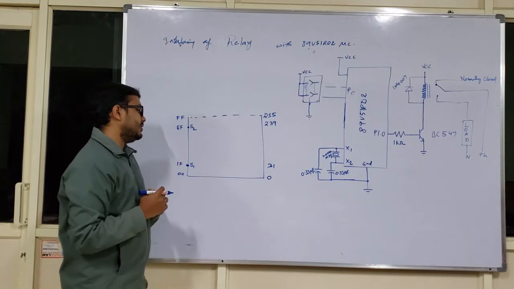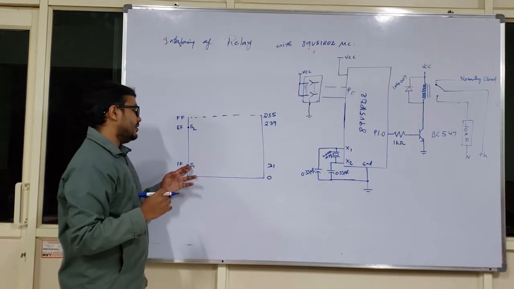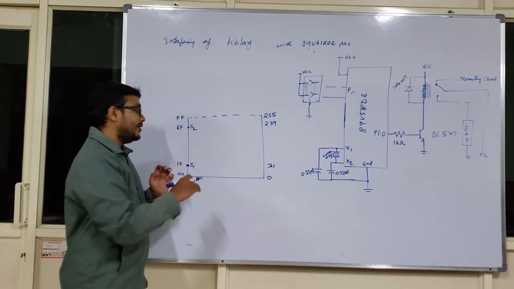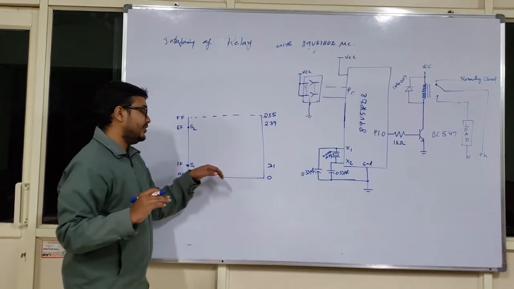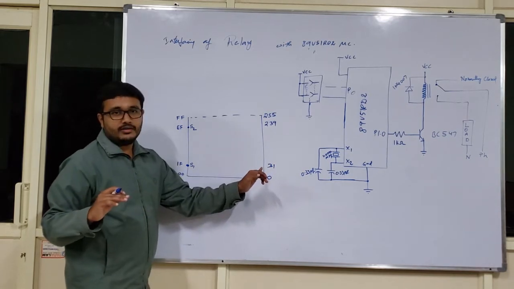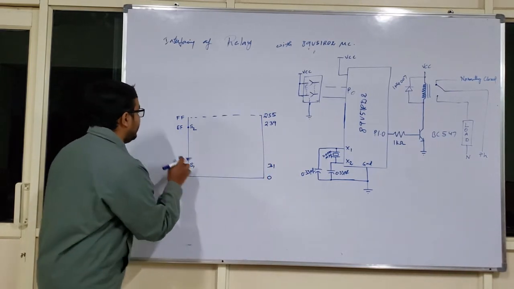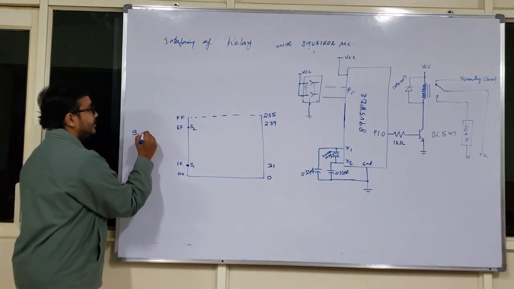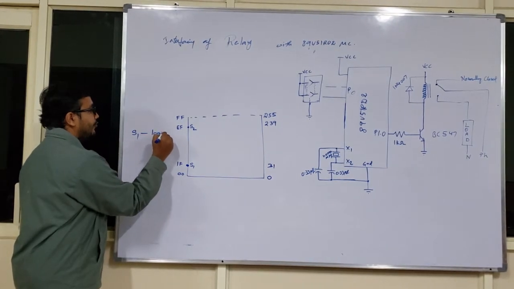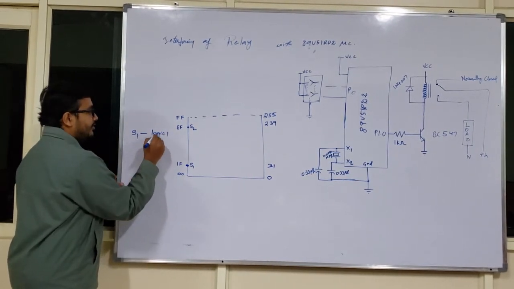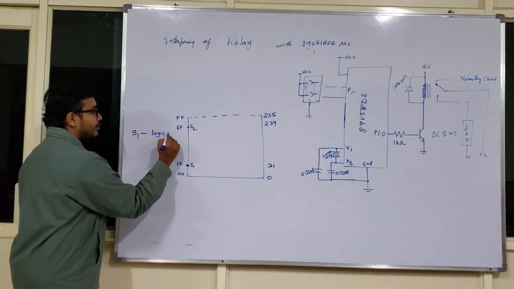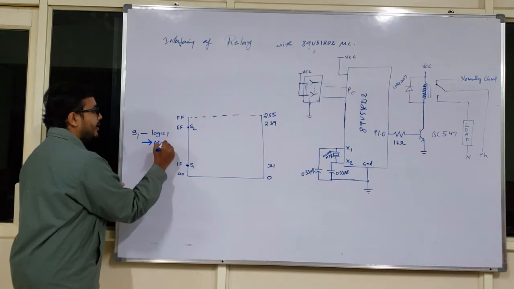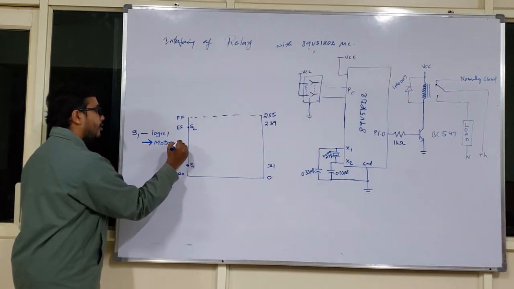Now what is happening here is sensor S1 is always used to sense the dryness at this level. Which level? At the 31st location of your tank. So whenever the S1 sensor senses the dryness, immediately its logic will be 1. Whenever S1 is giving logic 1, the immediate action will be making your bore motor on.